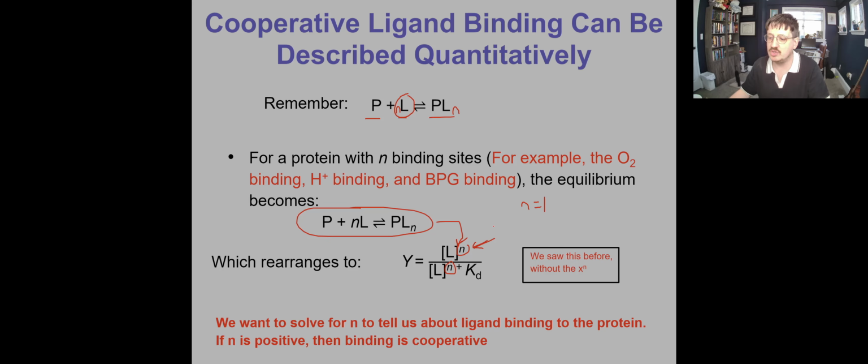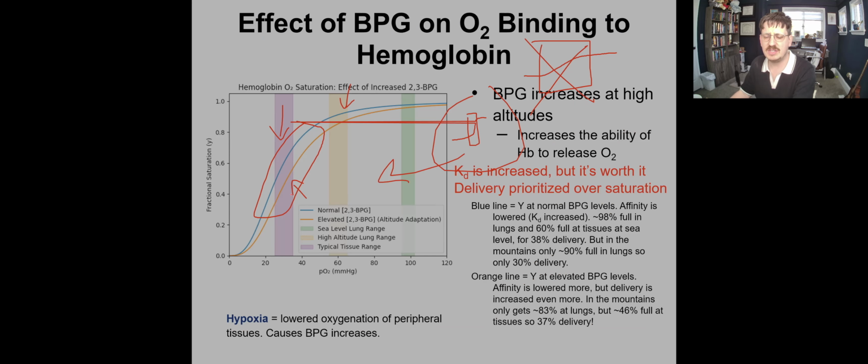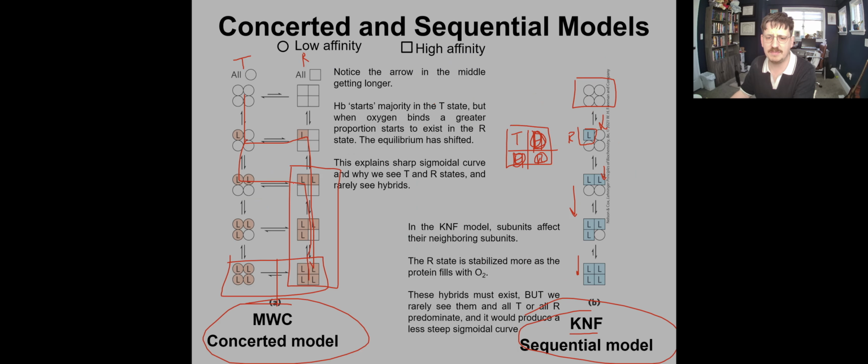But if you change it to 1, 2, 3, 4, then suddenly what you're saying is that it is multiplying up, and as you increase L, it gets filled up more quickly. Just a quick thing to notice as well, I forgot to mention, is that the steepness of this curve, like I say, is the cooperative effect, and the cooperative effect is explained quite well with the concerted model,